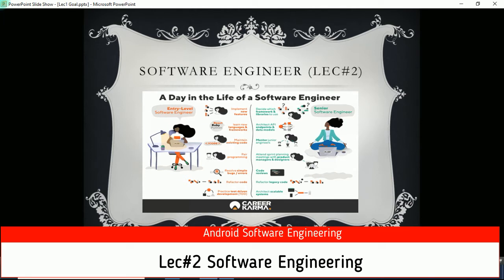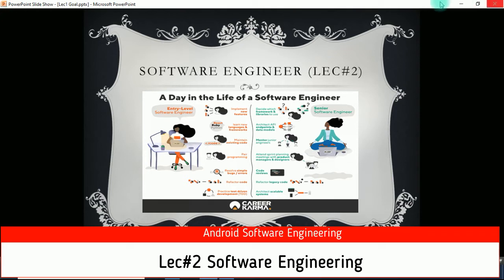They should be keen on learning new languages and frameworks in any language like React, Ruby, Python, Java. We will learn Java and its frameworks like MVC and Spring also. Then maintain existing code, meaning entry level programmers should maintain good code which is easy to learn, easy to debug, easy to resolve errors in, and good looking. And pair programming, they should be aware of working in a team, resolve simple bugs and errors, refactor code, and practice test driven development.